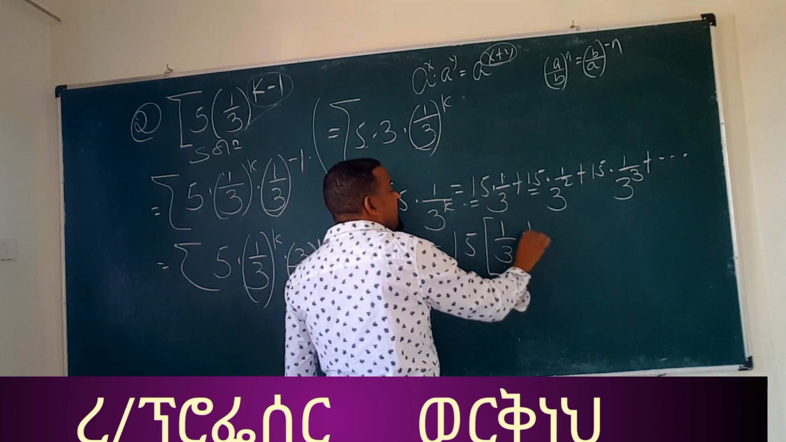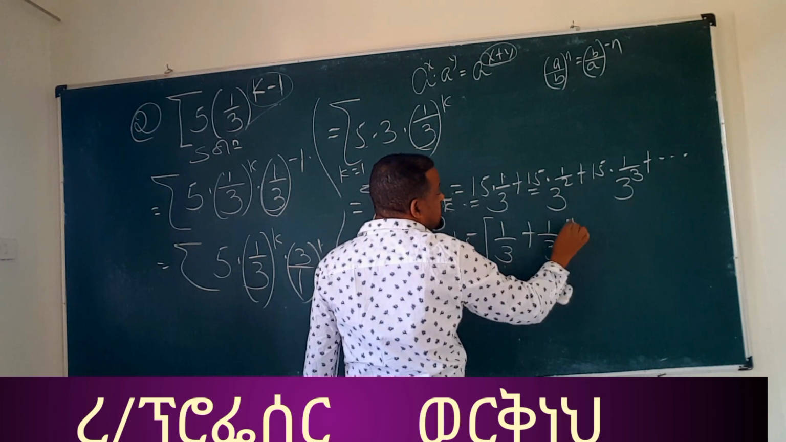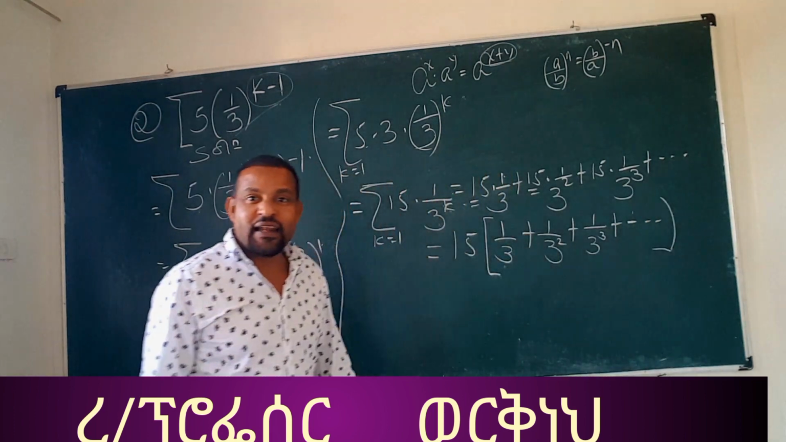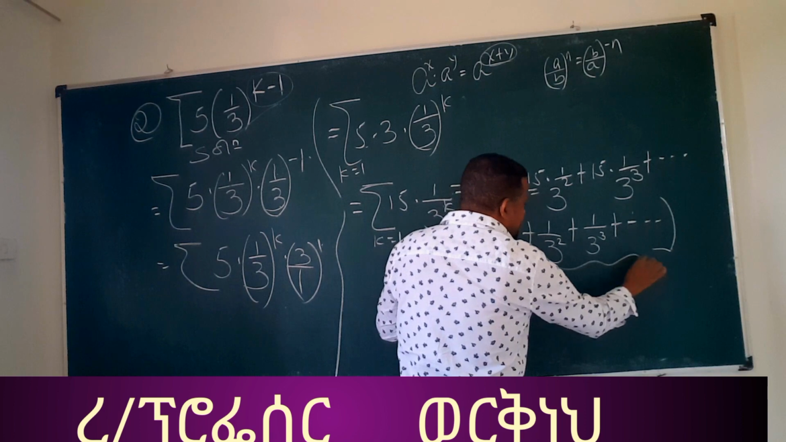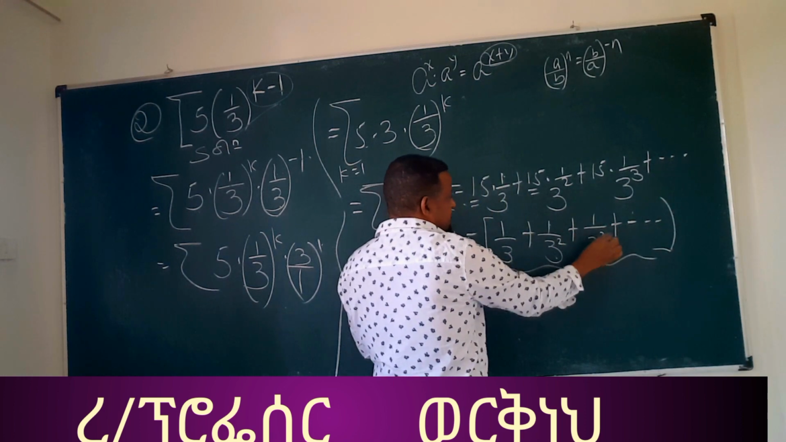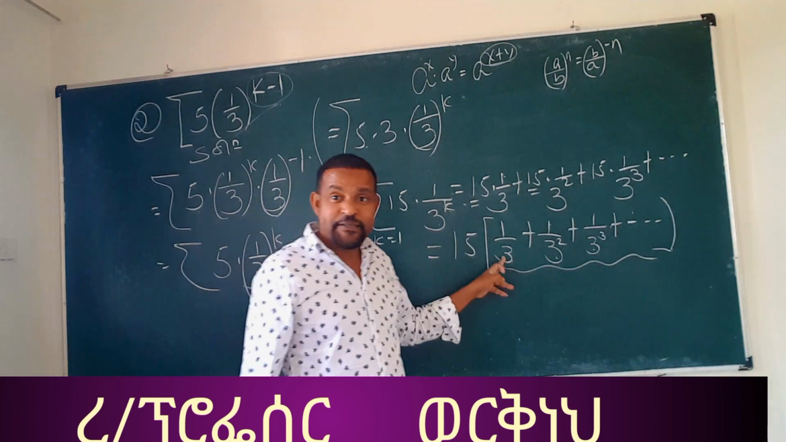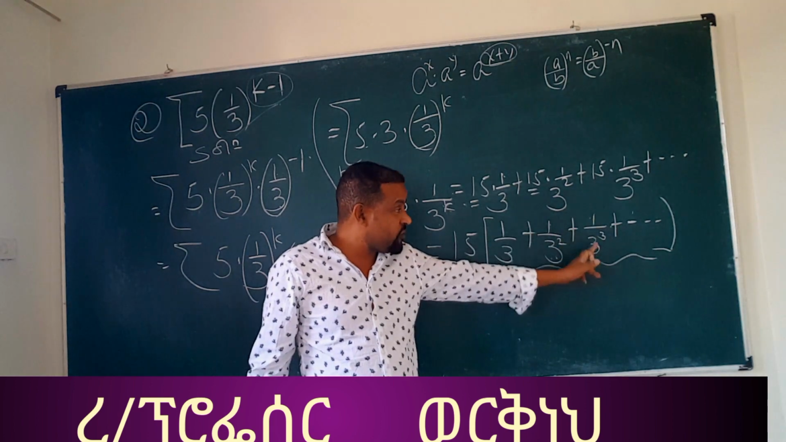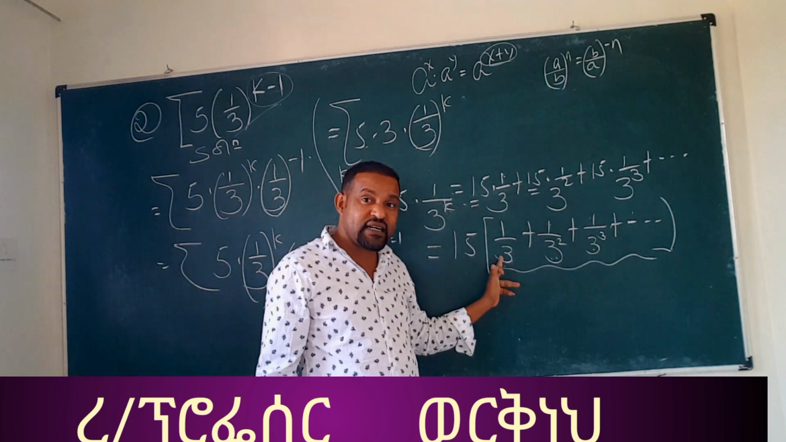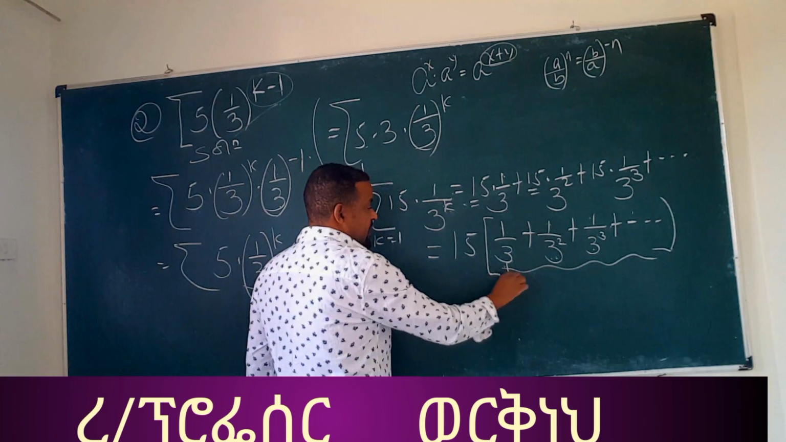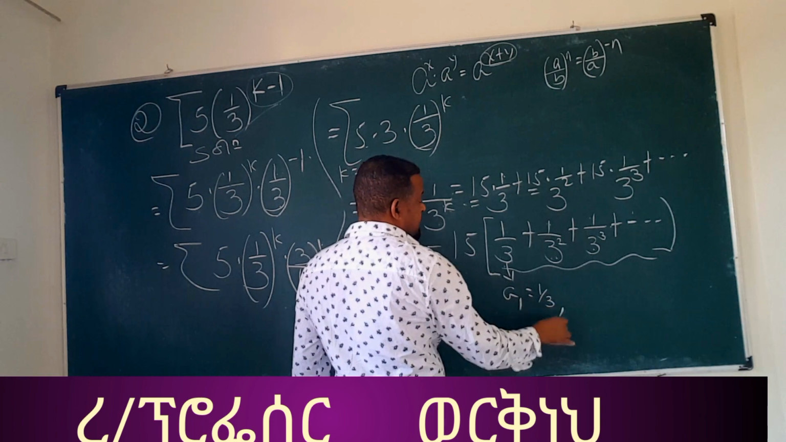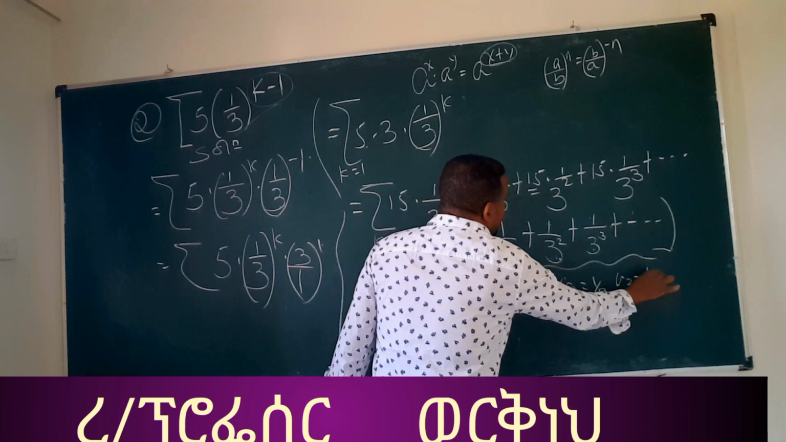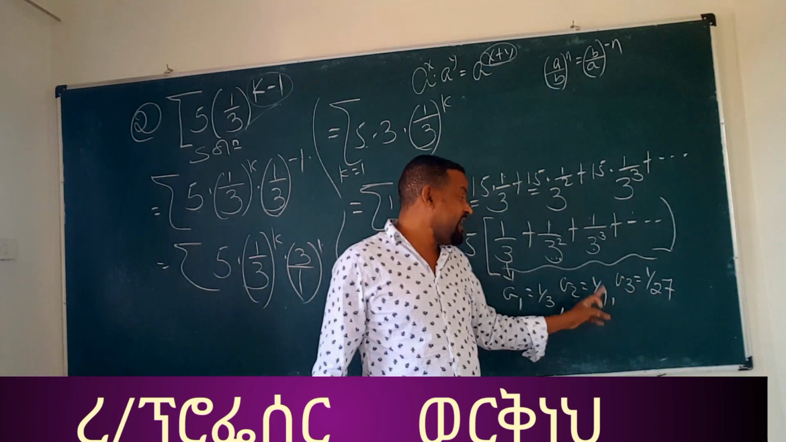15 ሲወጣ እዚህ ጋር 1 over 3 plus 1 over 3 squared plus 1 over 3 cubed plus ይቀጥላል። አሁን ልብ አድርጉ እዚህ ውስጥ g1 1 over 3 the first term፣ 1 over 9 second term (3 squared ማለት 9)፣ the third 1 over 27። ስለዚህ አንድ ዘጠነኛ ለአንድ ሶስተኛ ስታካፍሉት አንድ ሶስተኛ ነው። This is g1 which is 1 over 3, this is g2 which is 1 over 9, g3 is 1 over 27።